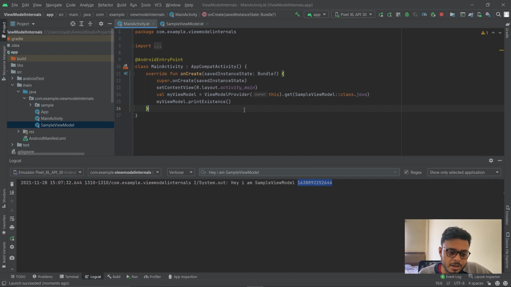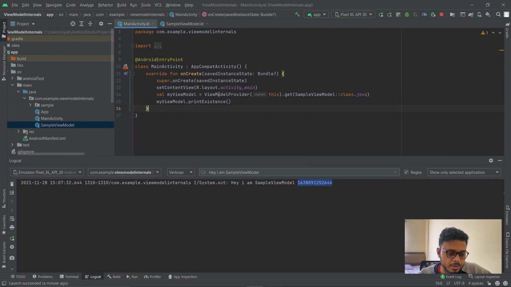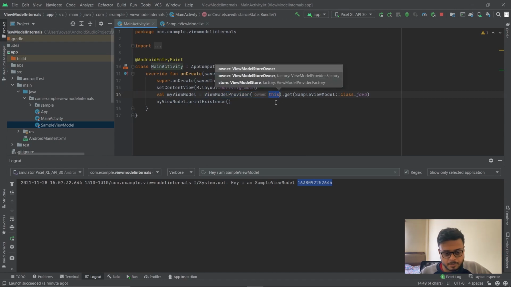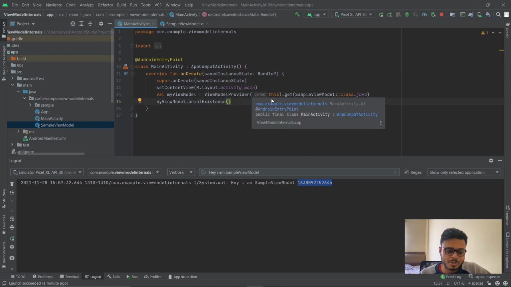But going further, how does this ViewModelProvider get hold of this ViewModel? Because nowhere are we explicitly calling the constructor of the ViewModel, correct? So here, when I'm trying to instantiate the ViewModelProvider class, I am supposed to pass in something which is a ViewModelStoreOwner, right? But I'm passing it this, which is our MainActivity, which extends the AppCompatActivity, but I need the ViewModelStoreOwner. So somewhere this must be implemented, right?